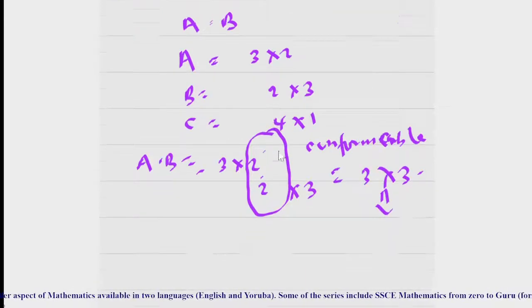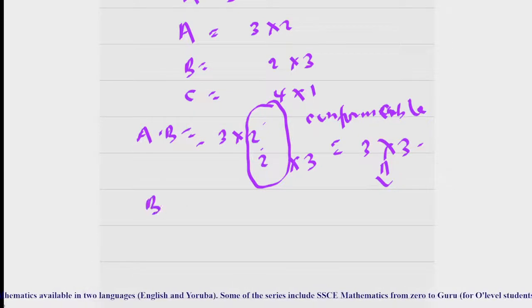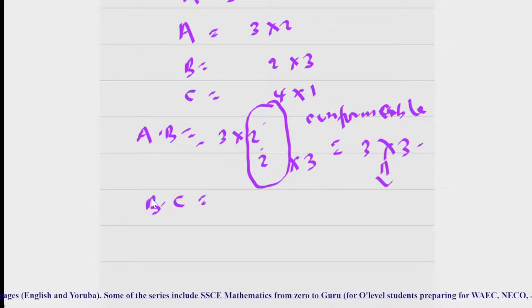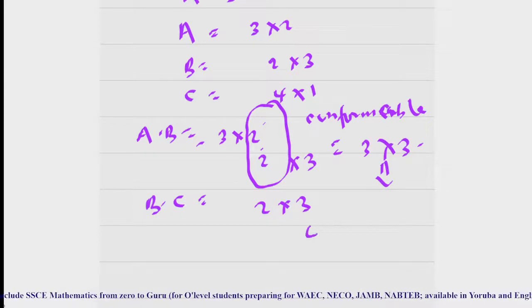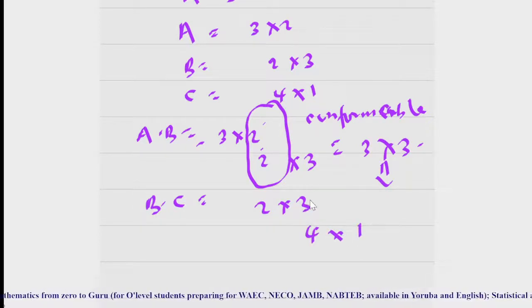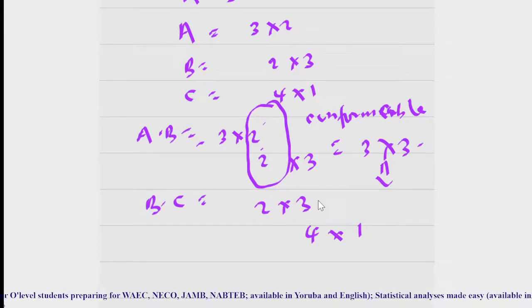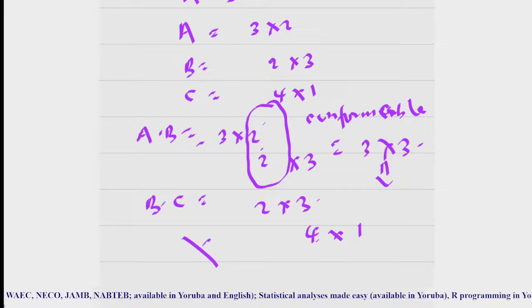Okay, let me now ask you, can I multiply B and C together? Don't forget, before you can multiply, they have to be conformable. What's the order of B? 2 by 3. You understand now? And the order of C is 4 by 1. You can see the number of columns of the first matrix is not the same as the number of rows of the second matrix. Then they are not conformable,